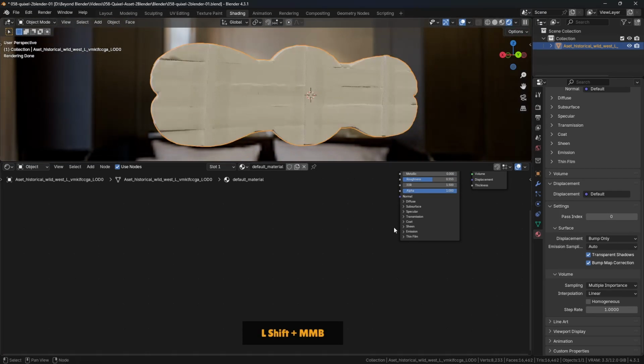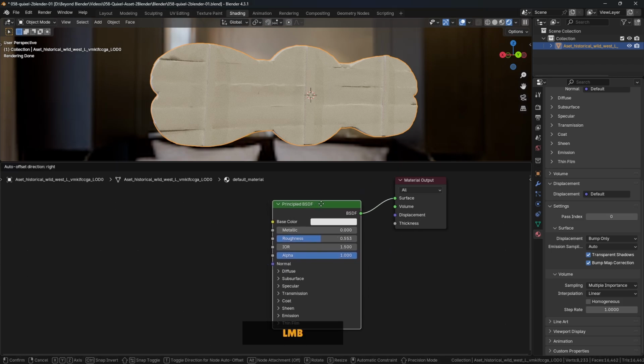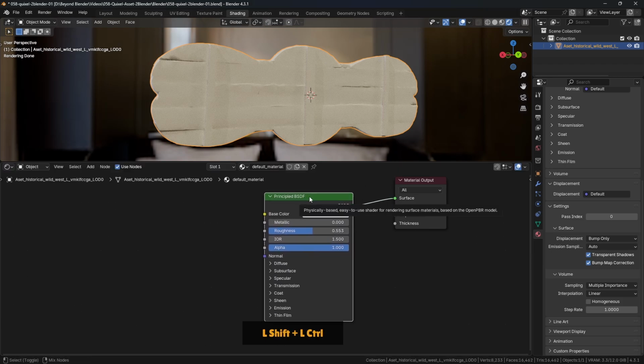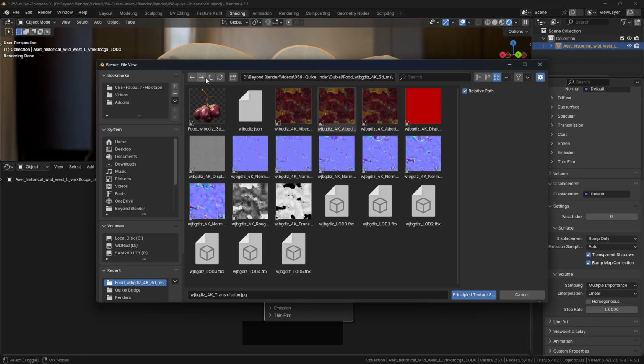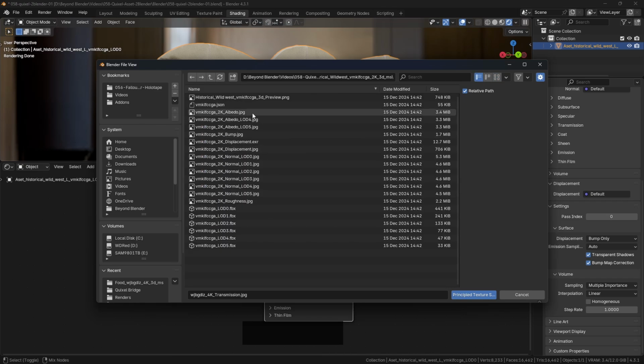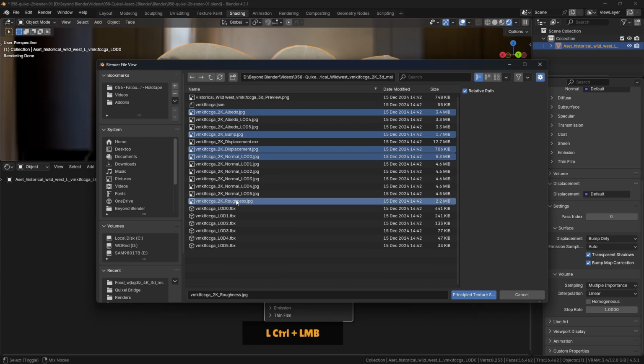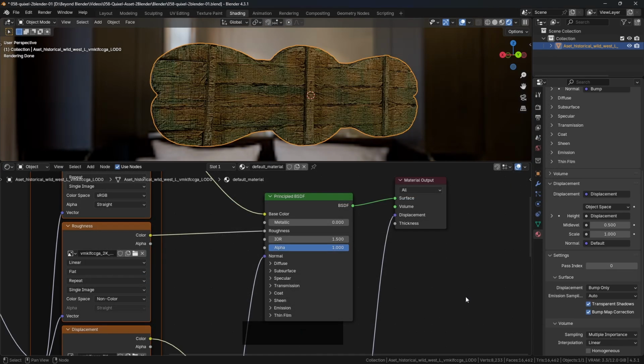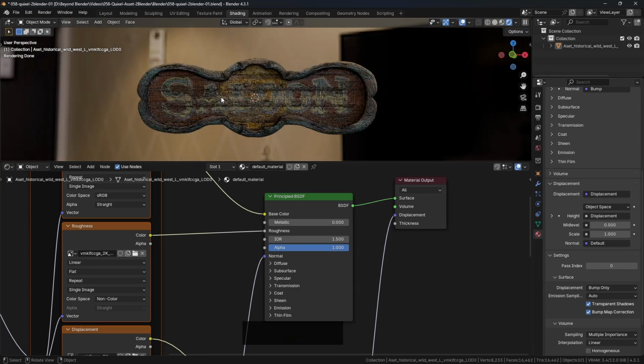Zoom out there. And I'm going to select the principled BSDF. Hit Control Shift and T because we have Node Wrangler installed. Head over to your Wild West Saloon folder. I'm going to put that into list mode. I'm going to carefully this time select the albedo, the bump, displacement. I don't think we really need that, but I'll get it anyway. The normal LOD, that's great, and the roughness map. Yeah, I missed that one last time, didn't I? So with that selected, hit the button,